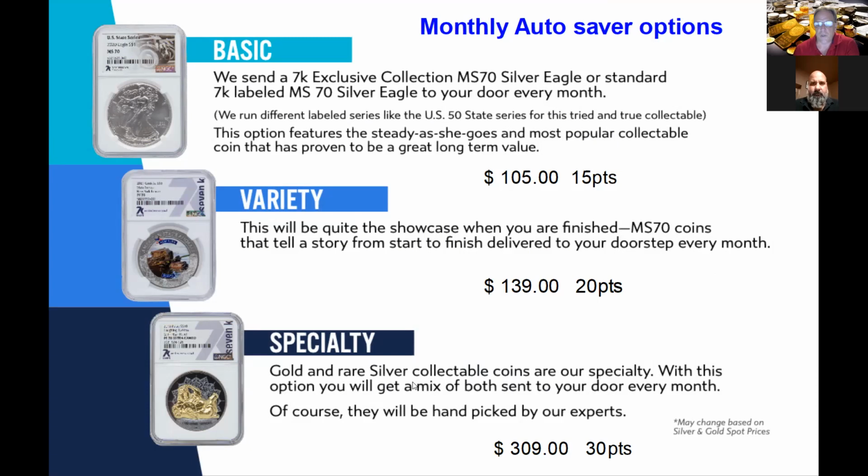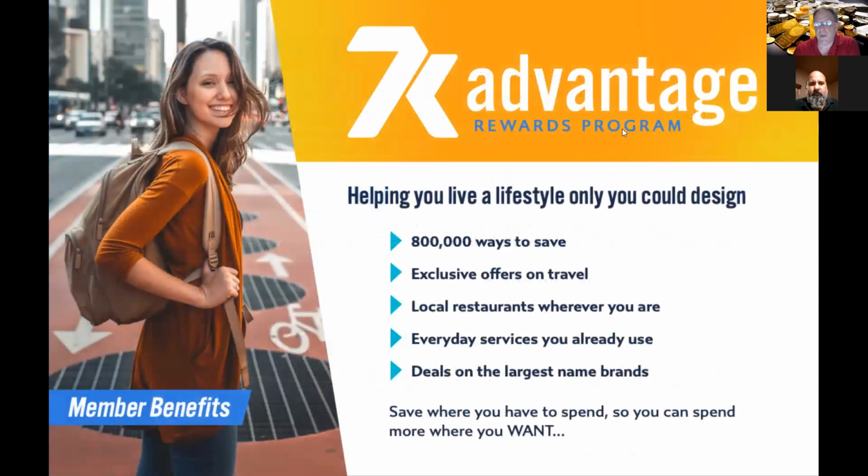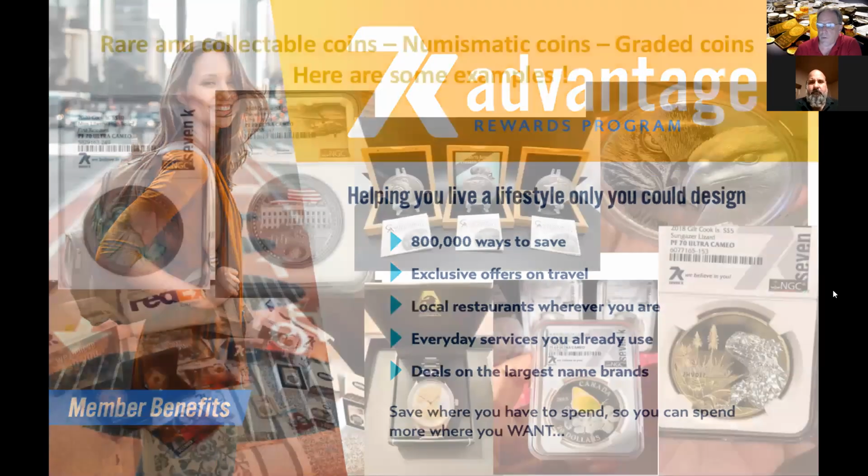They also have a specialty, which is usually a rare, very rare collectible coin, and it's a nice coin for $309 with low mintage and stuff that can really create some wealth for you there. So this autosaver program is just amazing. And if you're part of that, you're going to get part of a 7K Advantage Rewards program. These are all the benefits of a membership with 7K Metals. A membership, similar to a Costco or Amazon membership, you're going to get a lot of benefits. And being a part of that autosaver each month is a benefit. And being a part of that program, you're going to get savings at over 800,000 places. We're just going to fly through these and go over all the benefits of 7K Metals,